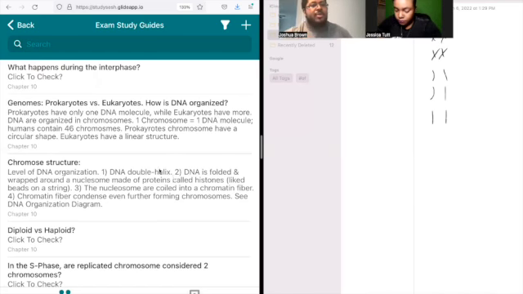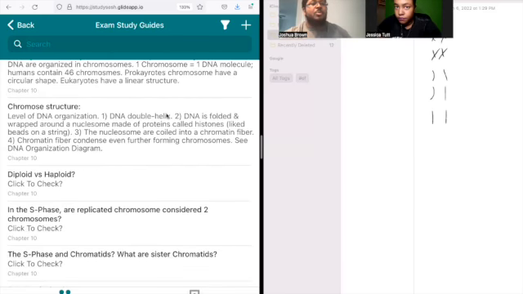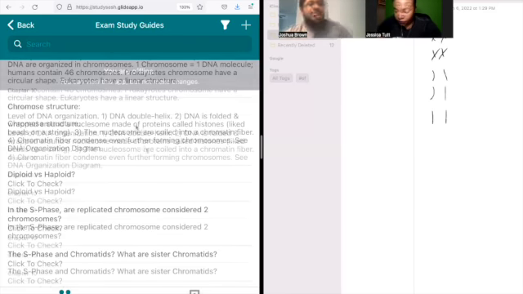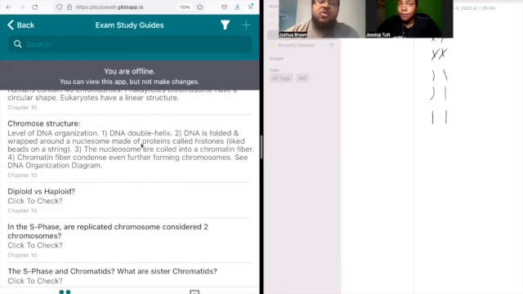So that was a very easy one. Moving on to chromosome structure. I was saying that chromosome structures are organized by a DNA double helix. That's the smallest unit, and they're made, of course, of base pairs. You have the AT and the CG. A always binds with T, C always binds with G, and they form the ladder of the double helix